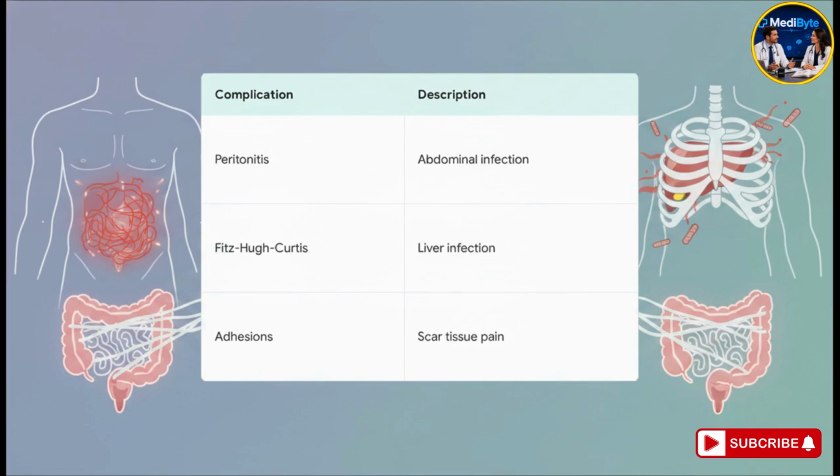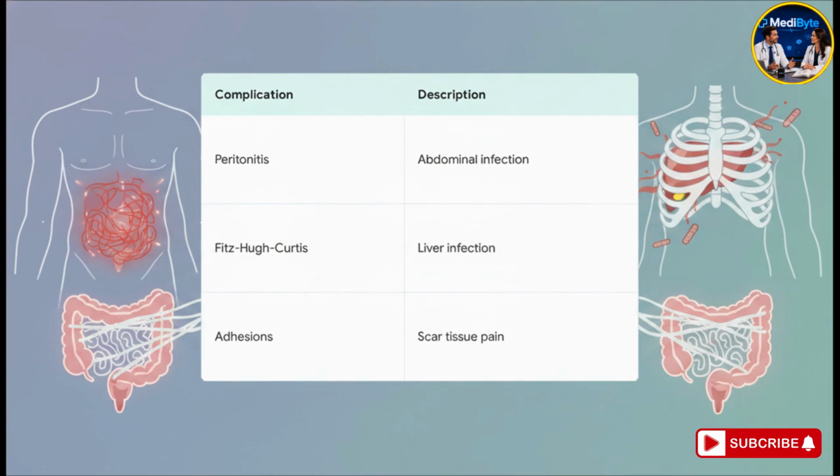It's a serious condition where a chlamydia or gonorrhea infection actually spreads all the way up to the tissue surrounding the liver. It causes sharp pain in the upper right side of your abdomen and can actually mimic a gallbladder attack, which is crazy. Finally, we often see adhesions. These are abnormal bands of scar tissue forming between organs because of all that inflammatory pus, and they cause severe